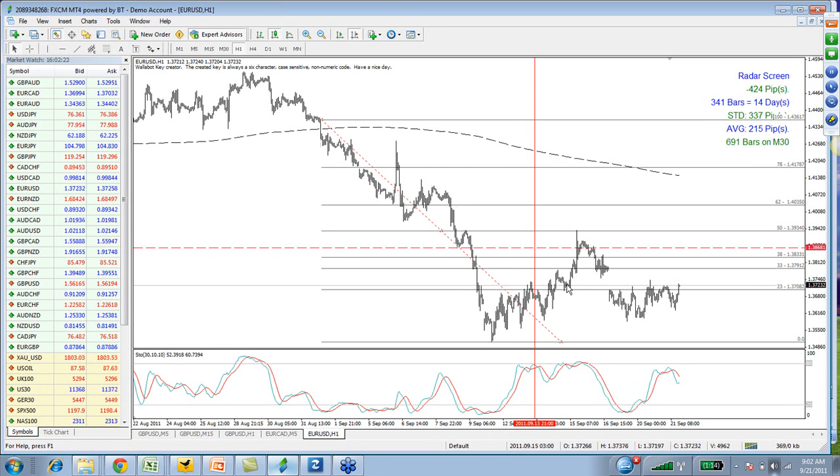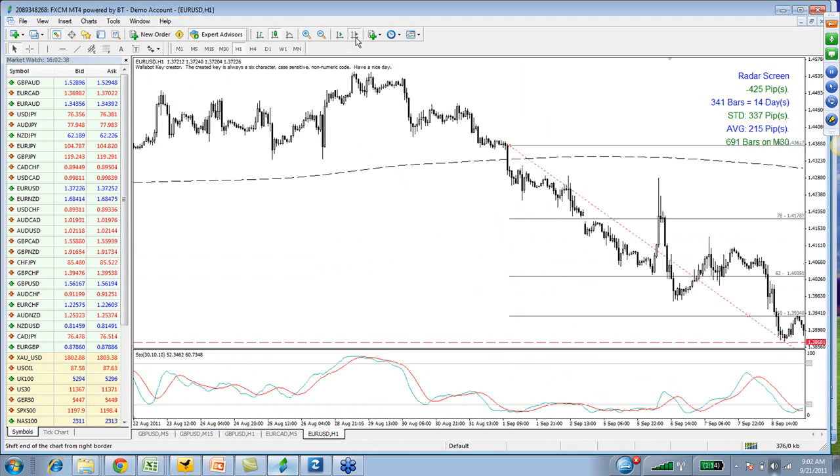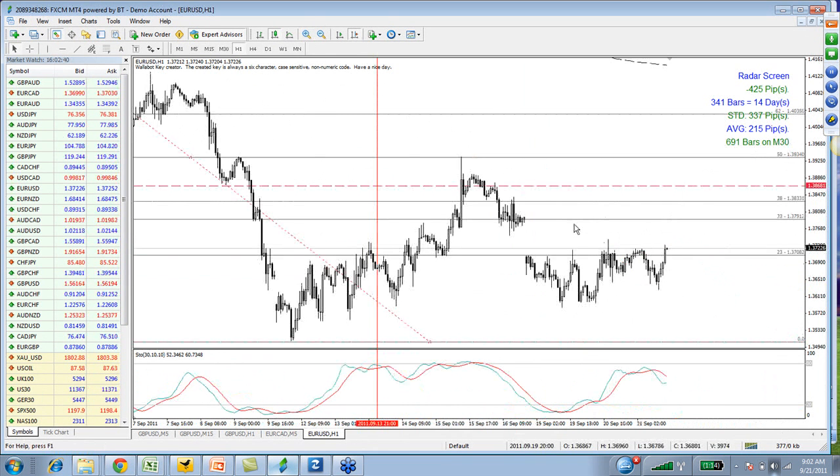It rose up to the 50 mark on the retracement level and tagged it, and then the entry for a trade here came at the 33 level. When it broke down below the 33 level on these fib lines, that was the trade entry for a sell trade on the euro with the trend. And that currency pair from that point on dropped approximately